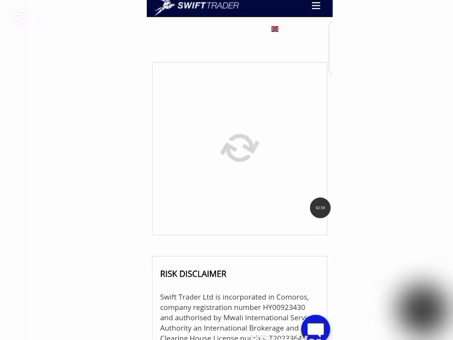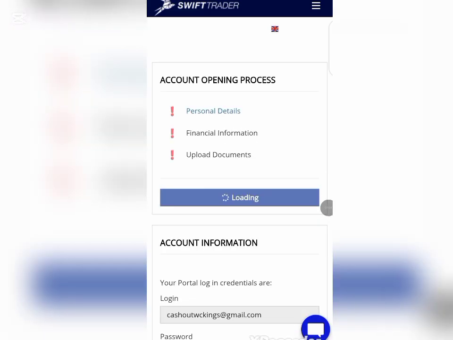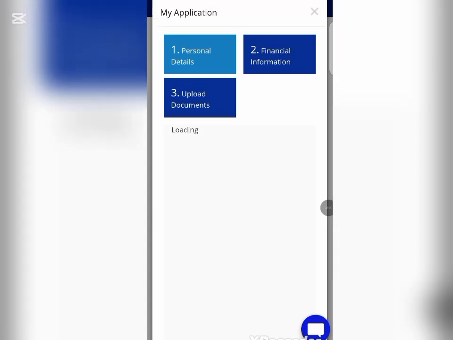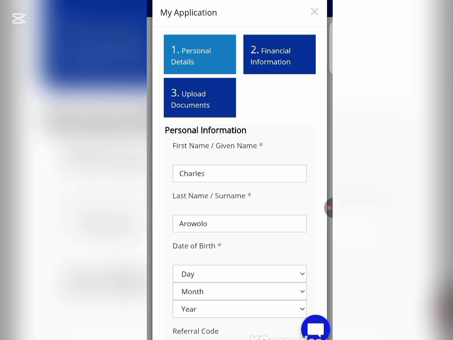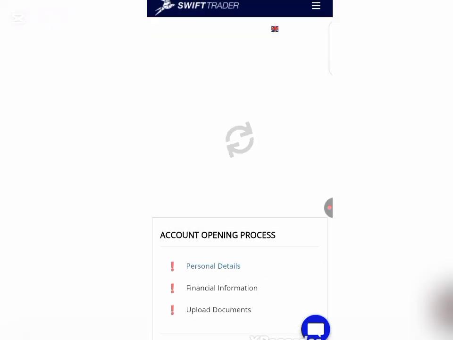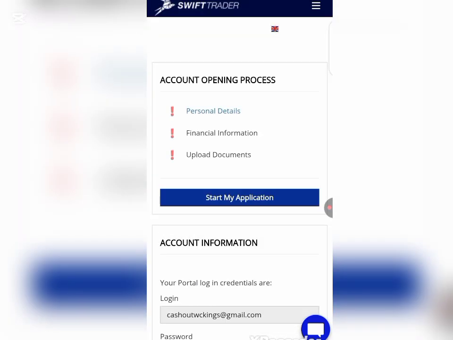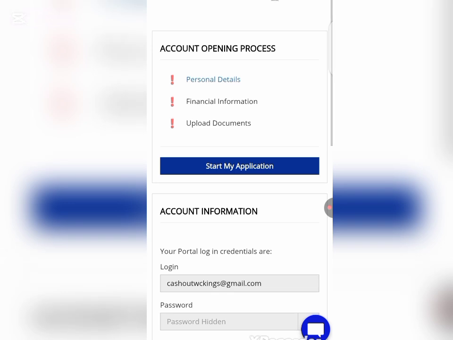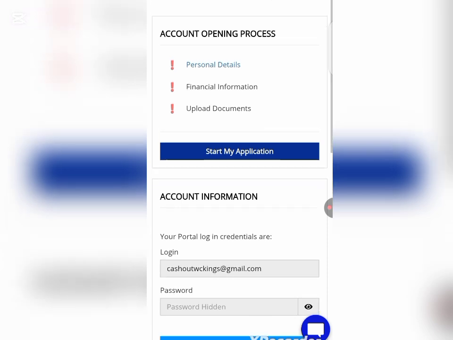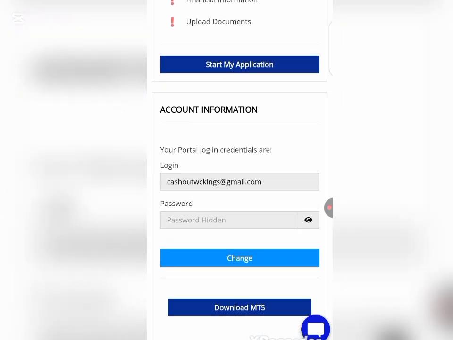Once you click on confirm, they will bring it out for you that your account has been validated, all right? So it will take us to the next step, which is for us to verify our KYC. I'm going to guide you through how you can verify your KYC, because it is important that you verify your KYC before you can get this free $50 no deposit bonus. All right, so let me show you.